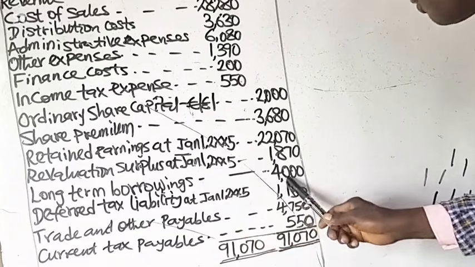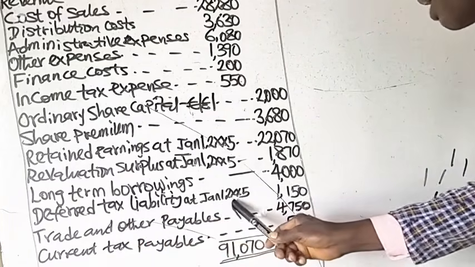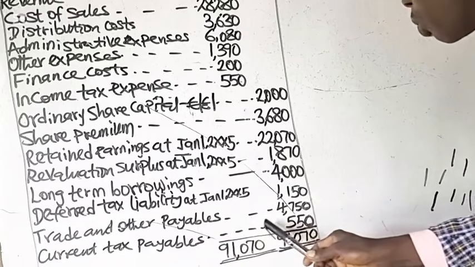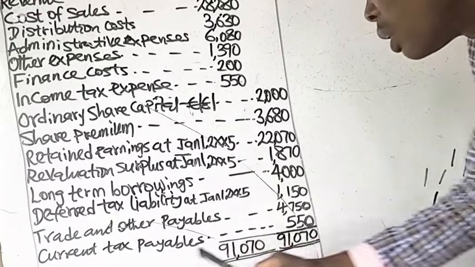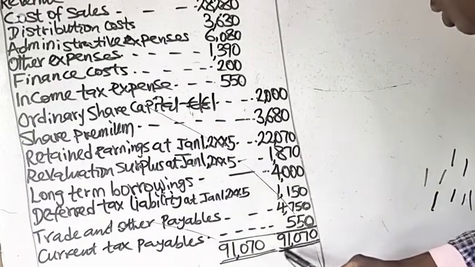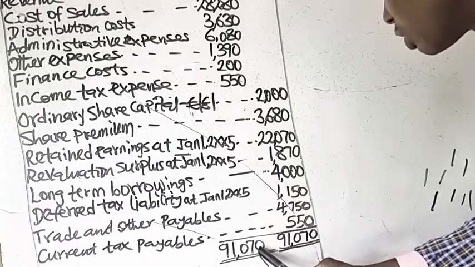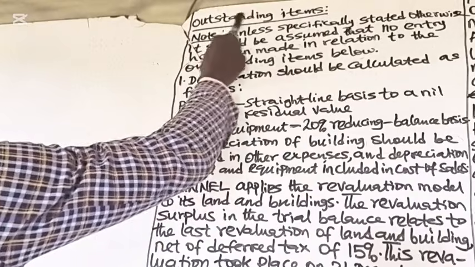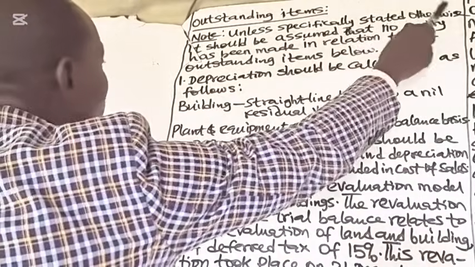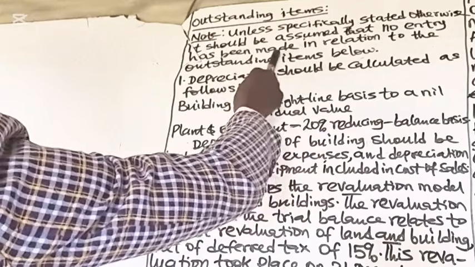Long-term borrowings, 4 million euro. Deferred tax liabilities at 1st of January 2005, 1,150,000. Trade and other payables, 4,750,000. Current tax payables, 550,000. Total of both the debit and credit side is 91,070,000. Outstanding items. Note, unless specifically stated otherwise, it should be assumed that no entry has been made in relation